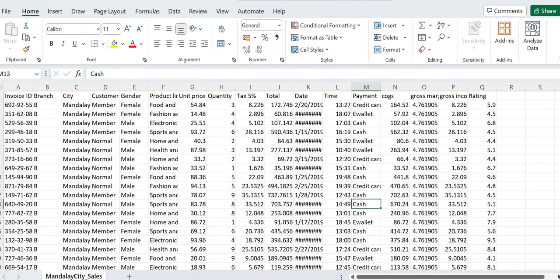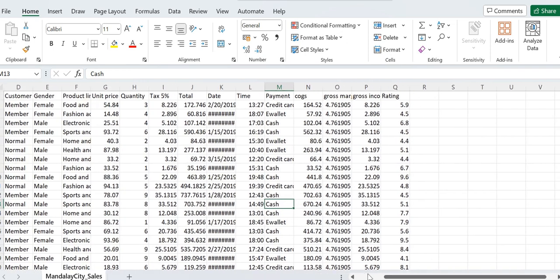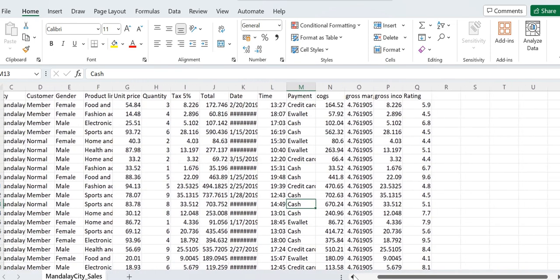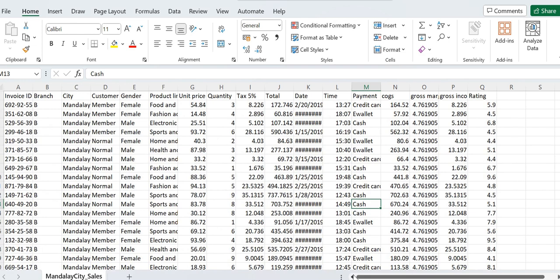This file contains 17 columns, A to Q, and each row represents a specific product sale for a specific customer.